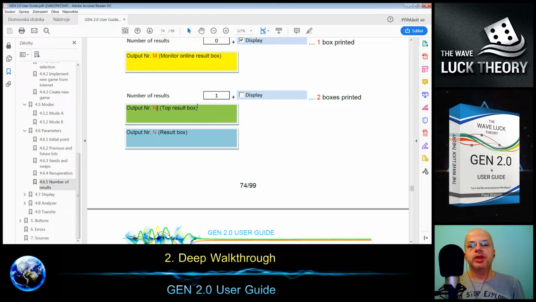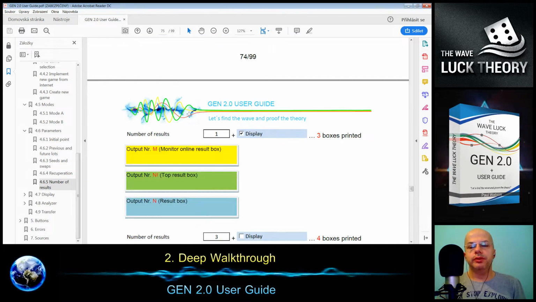It's representing the best result we got until now. So this is the last best result, and this is the best result we got. If we have just one, then these two boxes will always be equal. So it doesn't make much sense, but you can have it as well.